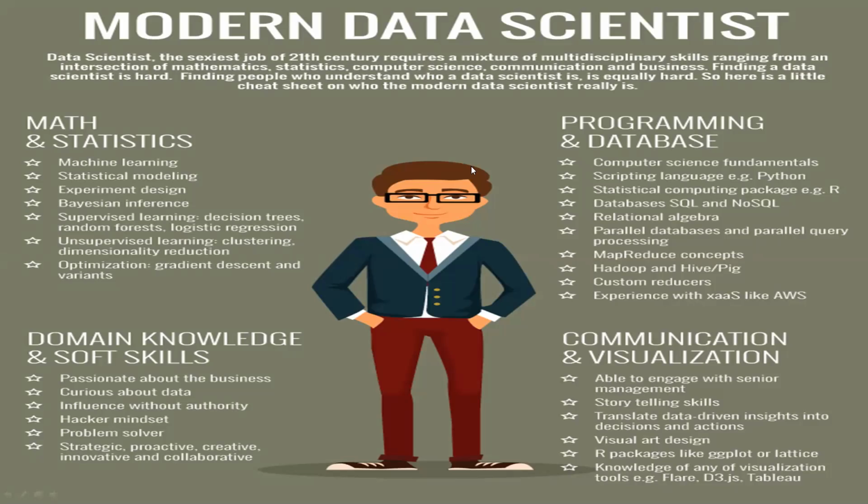But if you look at this, mostly it will be given by one program each. If you are studying BSc mathematics or statistics, you can get this skill. If you are studying BTech or BSc computer science, you will get this skill. If you are studying English or some other presentation-related subject, you will get that. So in order to become a full-fledged data scientist, you need multidisciplinary skills. That's why the new educational policy is also coming with multidisciplinary courses.